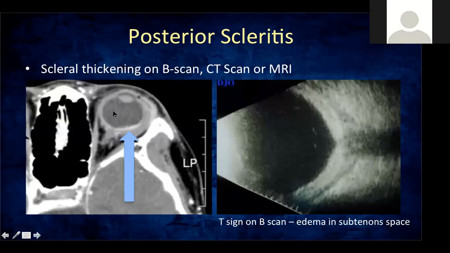In a magnified view on the CT scan, you see here thickening of the posterior part of the sclera shown by the arrow. Here you have the ultrasound. Look at the thickened area here. And then here you have the posterior shadowing of the optic nerve. So there is a particular sign that we look for. It's called the T sign. So this is anterior, this is posterior. So you have here edema in subtenon space, and then you attach that to posterior shadowing of the optic nerve, and here you have your T sign. So yung T nakahiga.